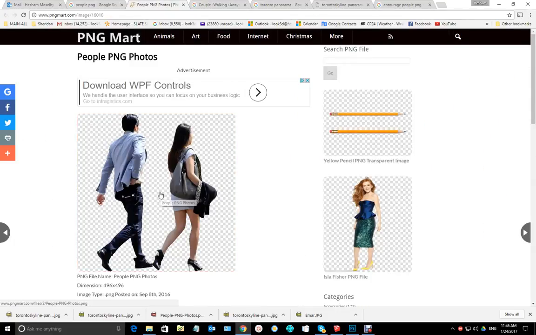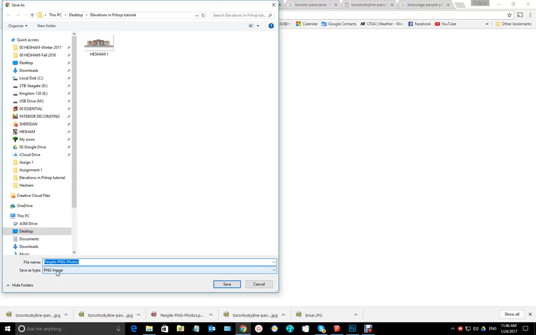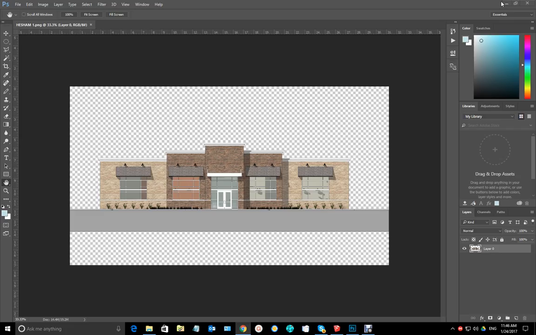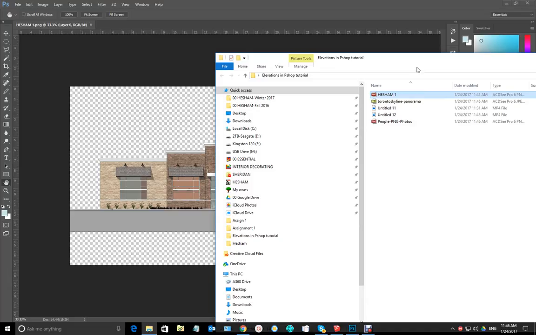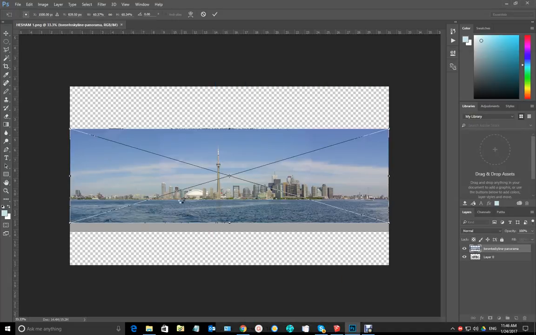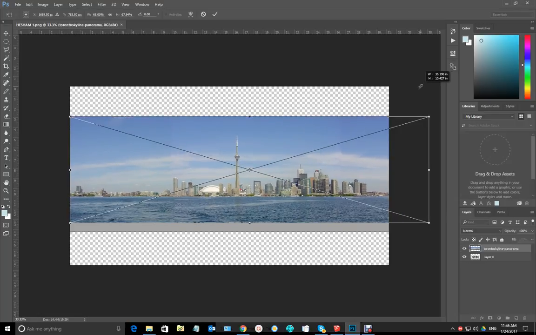So I got something like this. Press that and then save image, make sure that it is still PNG here. So save. Okay, and I will simply put the background here, drag and drop. Okay, and I will have to manipulate this a little bit, but we will do this later also. So I will hit enter,